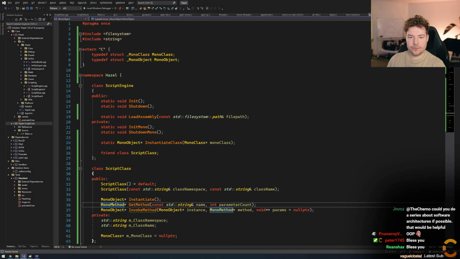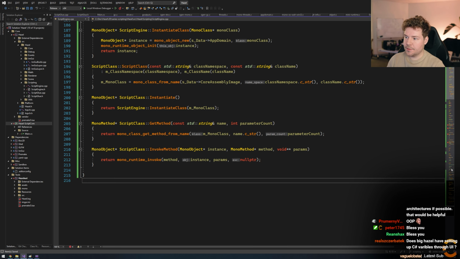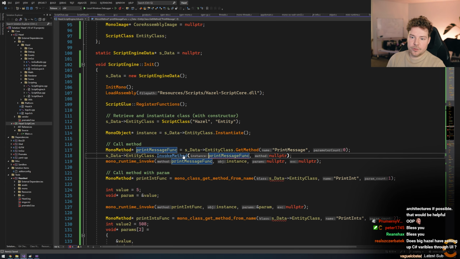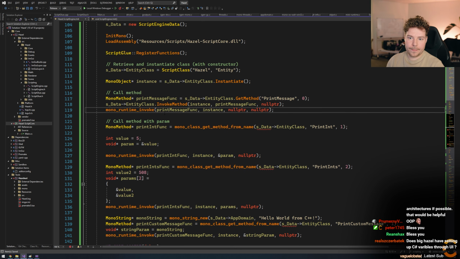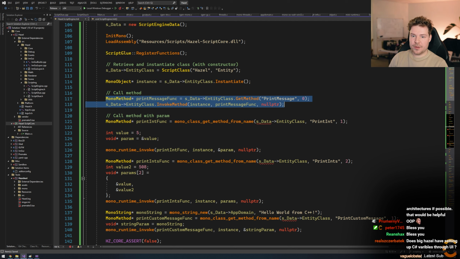Now, we don't have method here. Let's make sure that's there. Okay, cool. So now we can do invoke method with our instance that we created here. And that replaces this, okay? And then, yeah, we rinse and repeat, really.